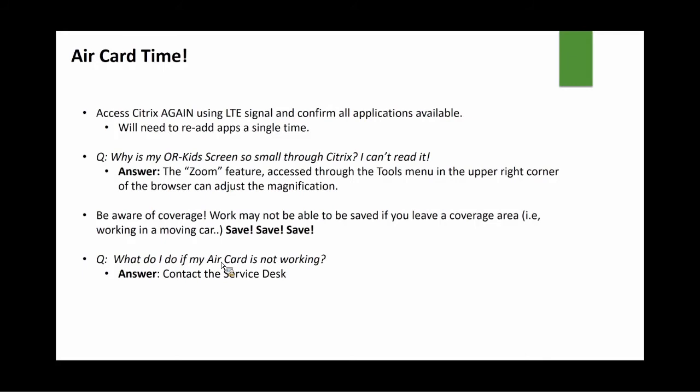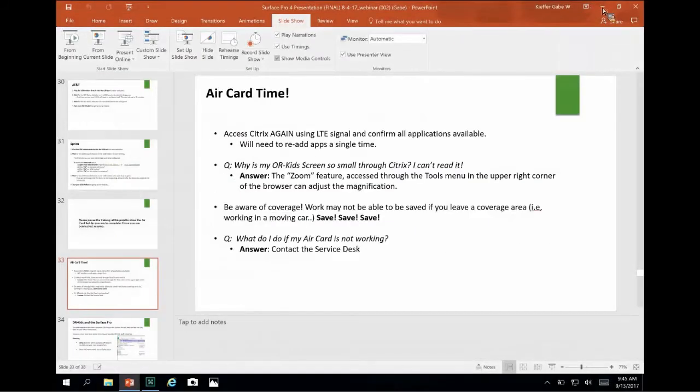So ORCID's Production, Child Welfare Outlook 2013, Child Welfare Microsoft Word 2013. What you'll probably find is that you do have to re-add your apps again one time during this process. You should not have to do that again. Okay? The other question that I get, or that we get, I should say, myself and the other folks who